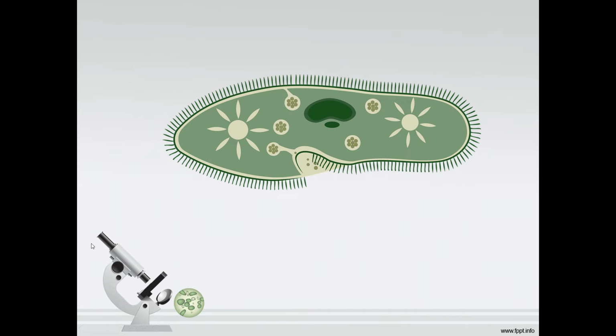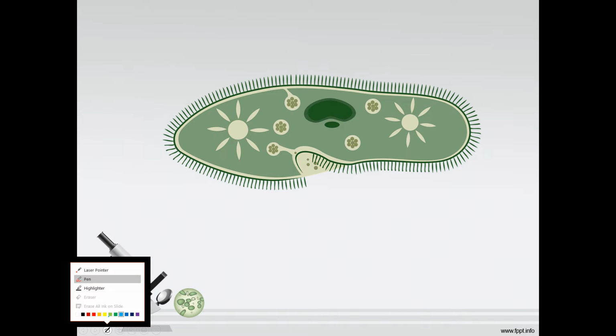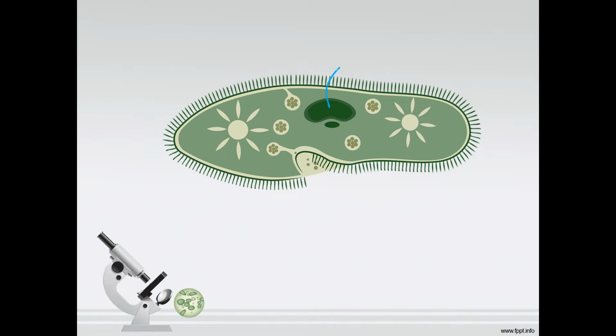Sometimes IB wants you to label the body of a Paramecium. So we're going to go ahead and practice labeling the body of a Paramecium. Oh gosh, that was not what I meant to do. Okay, so here we've got that nucleus. Of course, we've got some cell membrane. We have all these beautiful cilia that are involved in movement. We've got some food